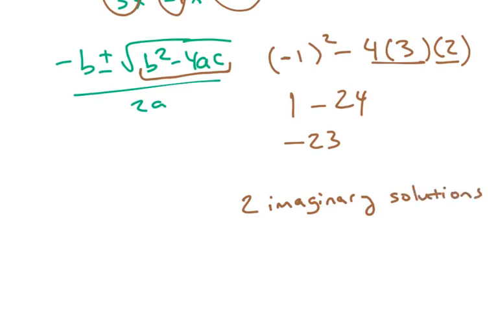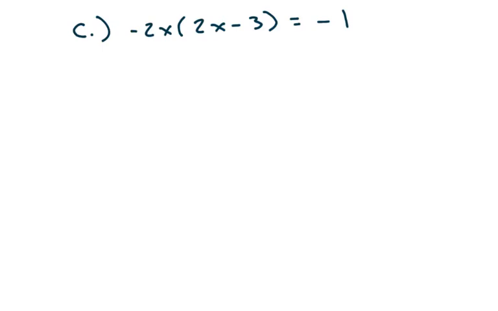Interesting. Okay, so here's another scenario. If you haven't done so already, go ahead and pause the video, try it on your own. I'm going to assume you've done that. Again, what we're going to do is distribute first. So negative 4x squared, remember x and x gives me x squared, and then we distribute to the other side, we're going to have 6x, positive 6, negative times a negative is a positive, so positive 6x equals negative